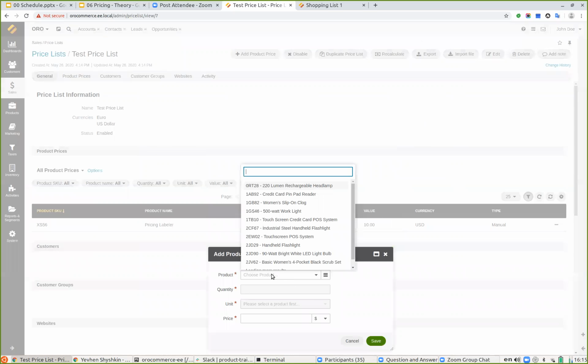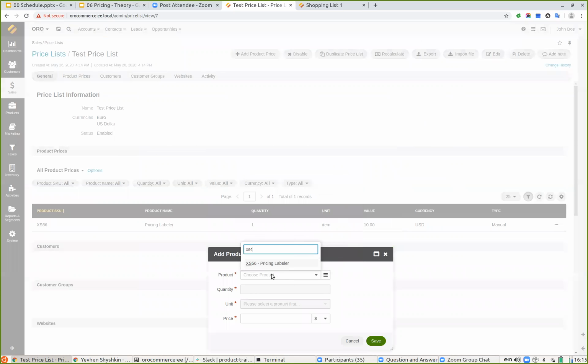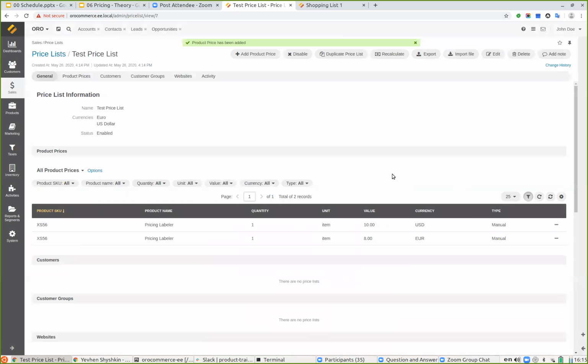We need XS56, quantity 1, item 1, price 8 euros. So now in this price list, we have two prices for the same quantity, same unit, but different currencies. We cannot add a price for the same product, same quantity, same unit, and same currency